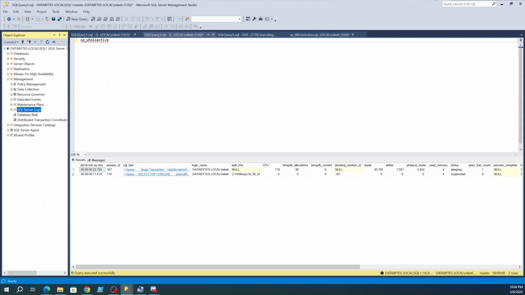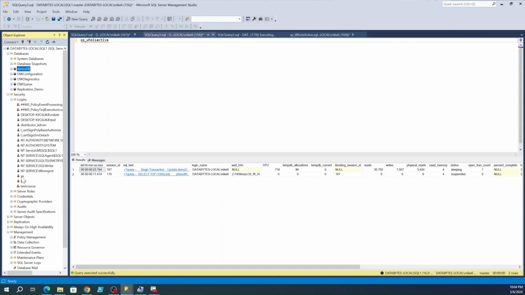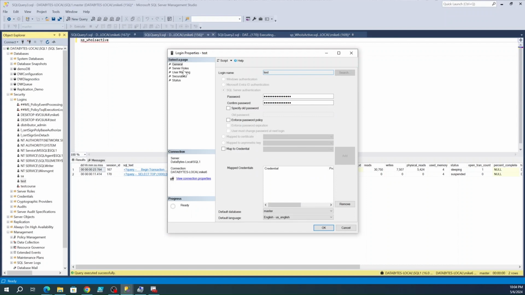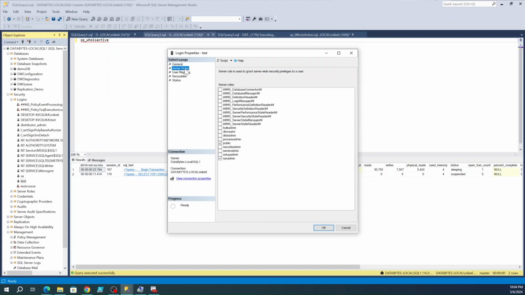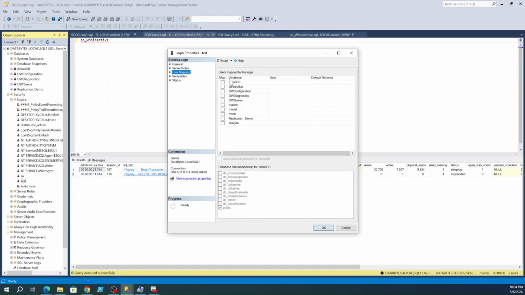The next one is security access. Very similar to the connection problems. You're going to see people say, hey, I can connect to the instance, but I cannot see DemoDB for whatever instance. One of the reasons is because maybe test, if it didn't have sysadmin, had a user mapping to no one. You gave it access to the instance because you created the login, but you did not create a